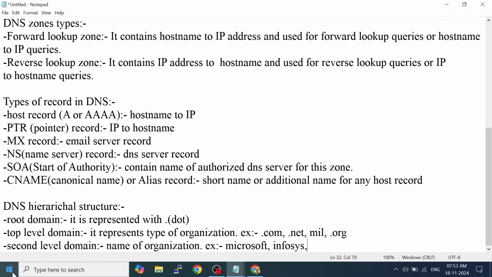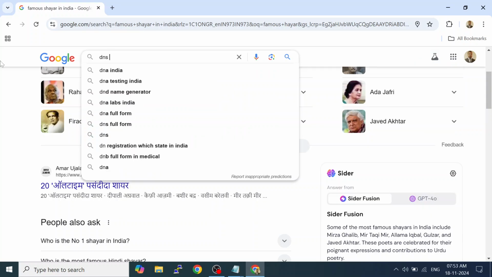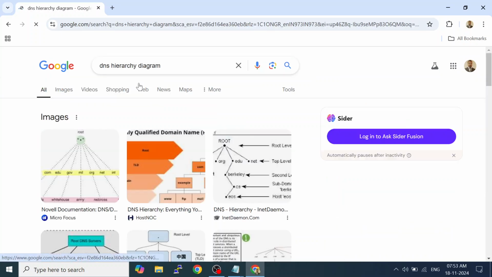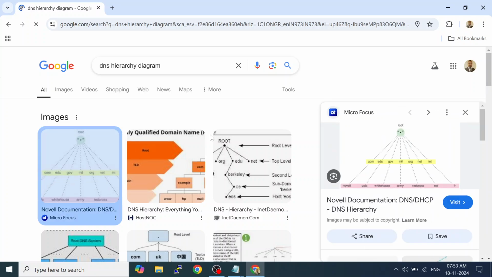So why have I talked about this DNS hierarchical structure? You can see here on the top it is the root, which is the dot, then it comes to the first level, then the second level.